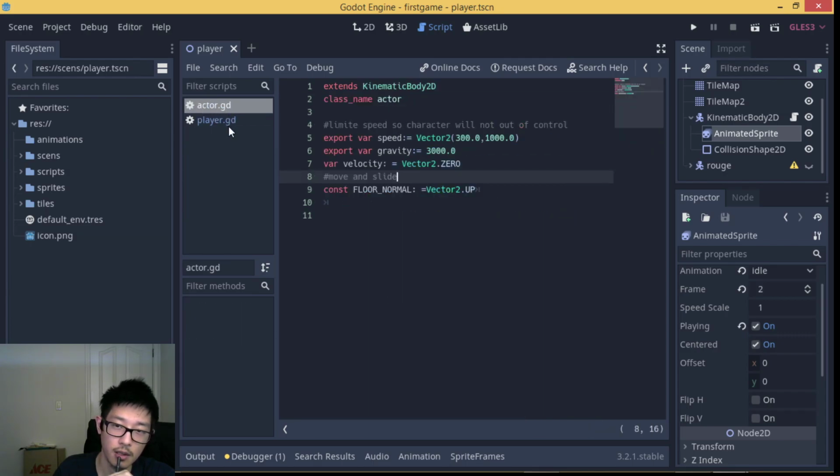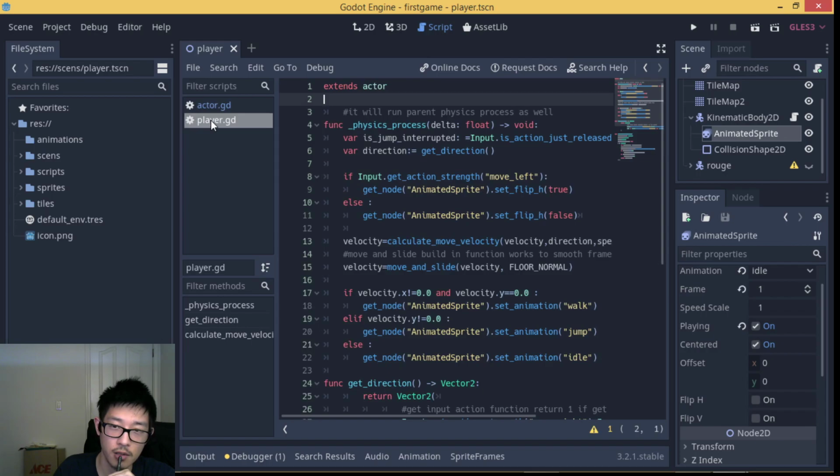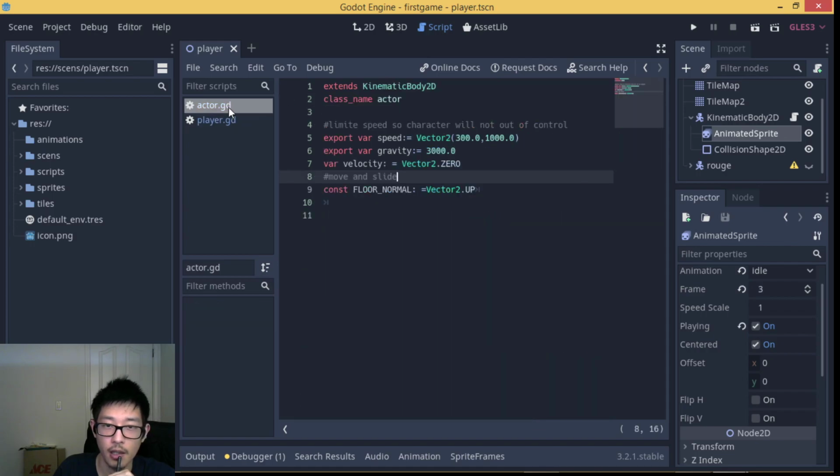So in this scenario, every character should have some constant variables with it, and different characters, for example, the player, are going to implement differently. And yeah, I'm also new to this game engine as well, and I used to